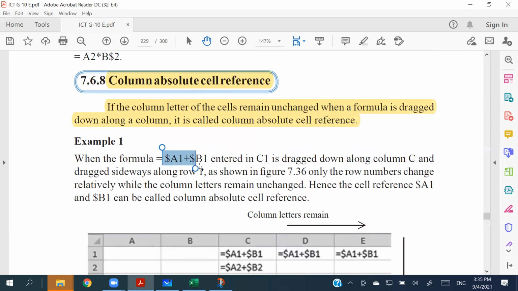And as the previous way, we are going to copy this particular one as the example. And you are going to say